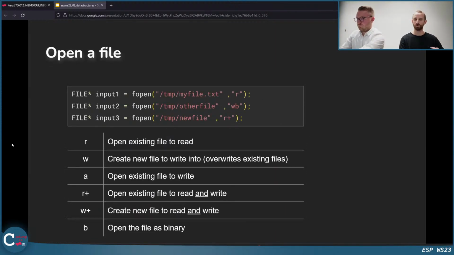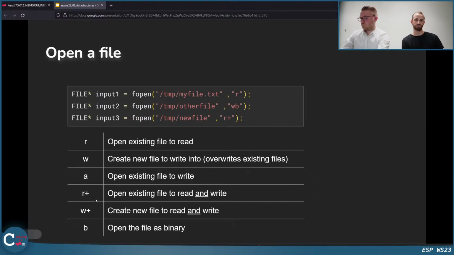So in the meantime you can work with the file. With fopen, for example, you give a text file, and then the second argument is the mode. For example, you can write just r, and this means open an existing file to read. w is creating a new file to write into. This overrides existing files, so be careful when you're using that. a is append, so it's open an existing file to write.